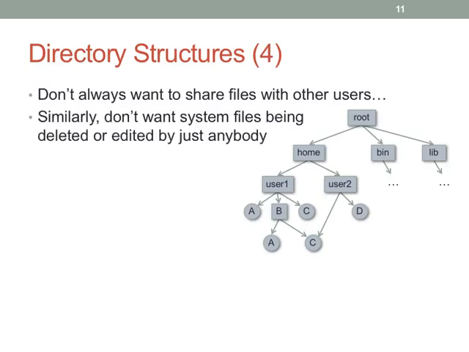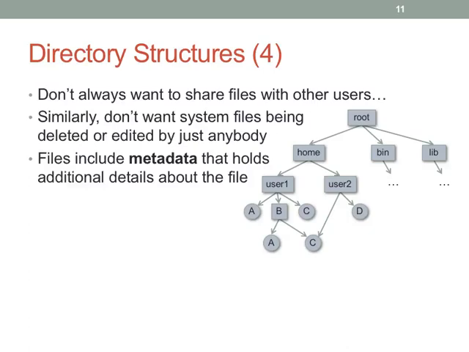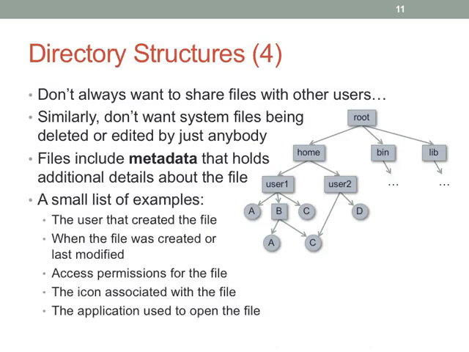Okay, so this is what I was saying before. We don't necessarily want just anybody to be able to access stuff or modify it. So we frequently have what's called metadata. Metadata is data about data. So it just describes the data, and that is frequently where permissions are stored. There's a lot of other stuff too. So who created the file, or I should say when it was created or when it was last modified. You may also have who modified it last if you want to audit that kind of stuff. Permissions, icon, so that if you have a graphical user interface, you can easily know what icon to show. And so there can be a lot of details that describe a particular file.